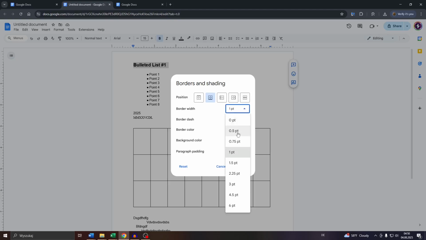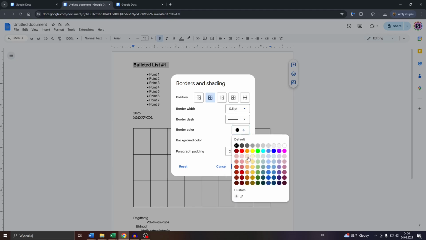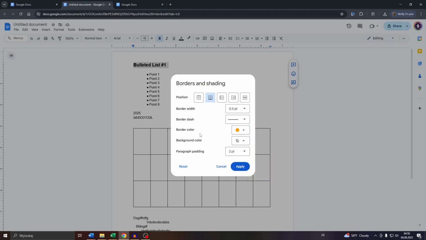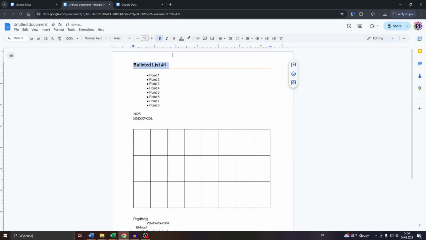So let me go with a pretty thin border width, like 0.5 pt. You may also customize the color, so let me go with, let's say, something like orange, and so on and so forth. And once you're content with your setup, guys, click on Apply to apply these changes. And as you can see now, that header features an underline like this, and that's how it works in practice,